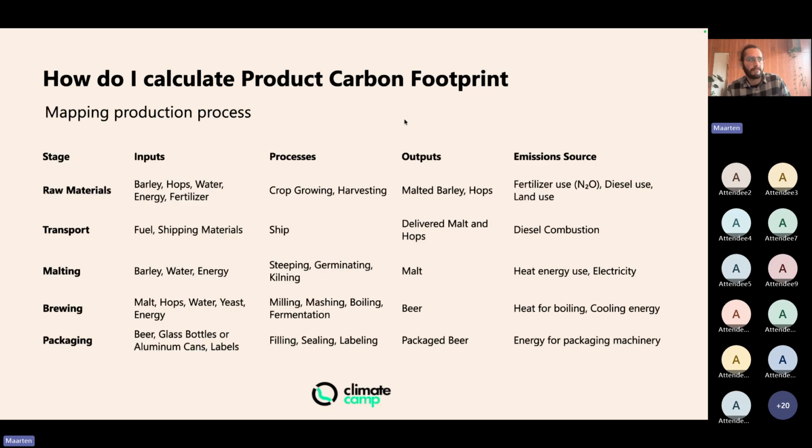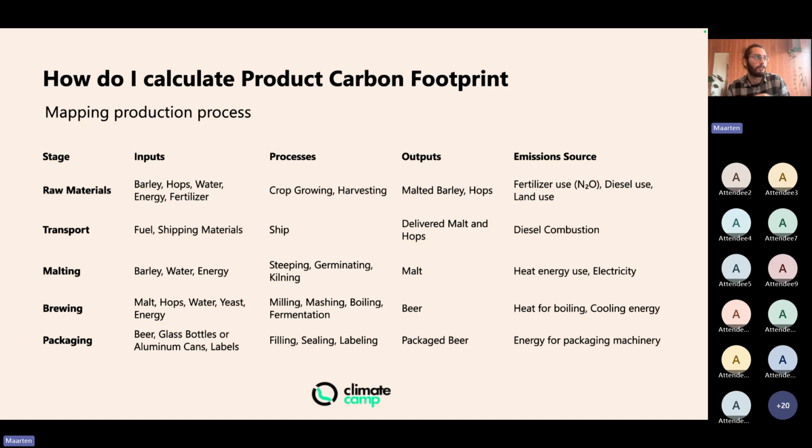Now, after we defined the production steps, we need to make a production process map. What does this mean, a production process map? For the next coming slides, I'll use the example of making beer. So here, a production process map is we list all the different stages: raw materials, transport, the processing steps of malting, brewing, and packaging, for example. And then for each of these steps, we'll define what goes in, what goes out, what is the specific process that happens, and then try to find an emission source which is relevant to this stage